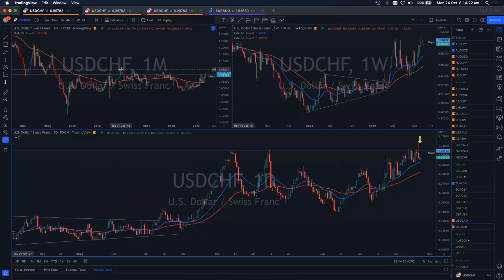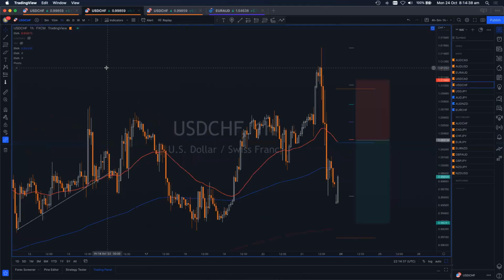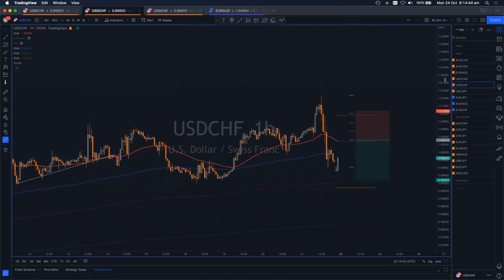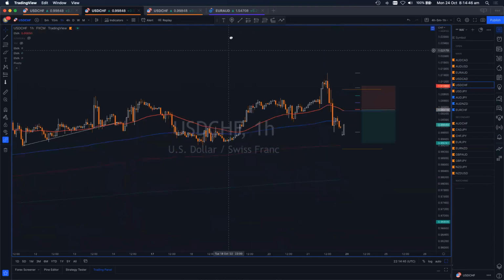Dollar Swiss, not too dissimilar to dollar CAD. Messing around at this very strong resistance level, testing here and here and here, and a big wick on Friday, bearish day, depending on our market price action today. So just make that a bit nicer. So again, we're going sideways,